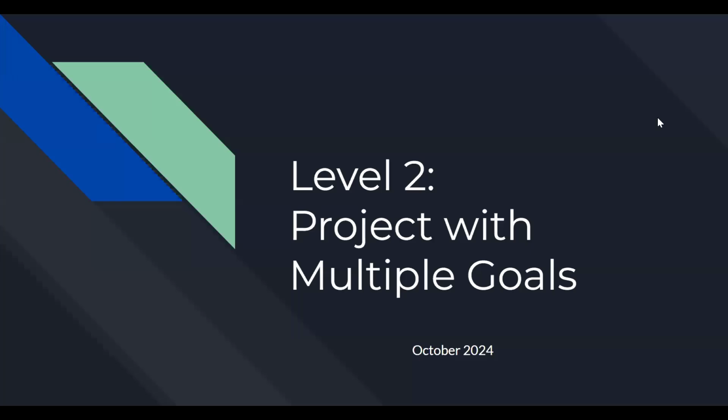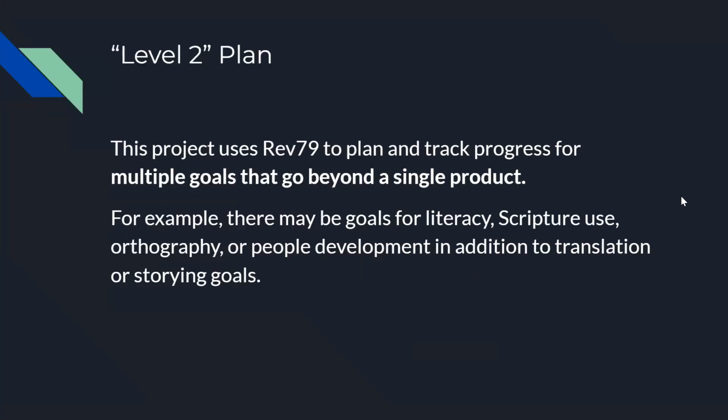This short video is about setting up a level 2 project plan in Rev 7.9 with multiple goals. Let's get started. In a level 2 plan, this project uses Rev 7.9 to plan and track progress for multiple goals that go